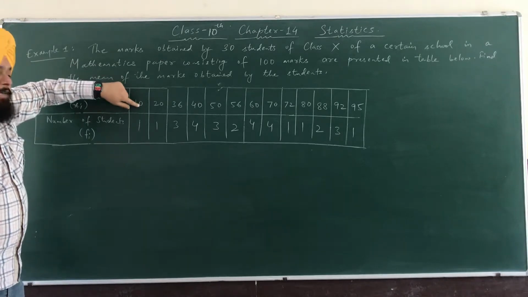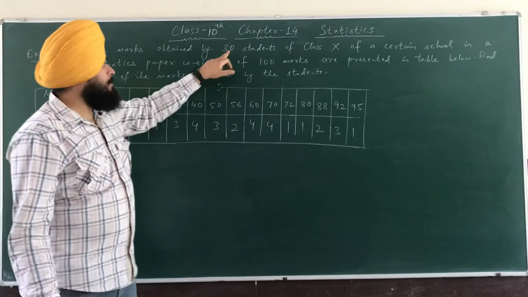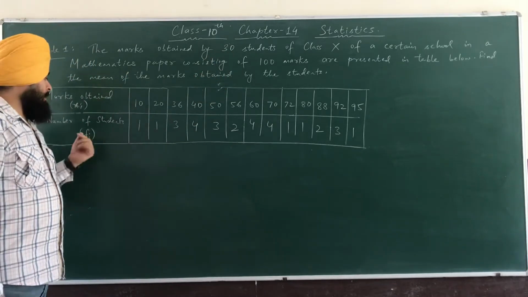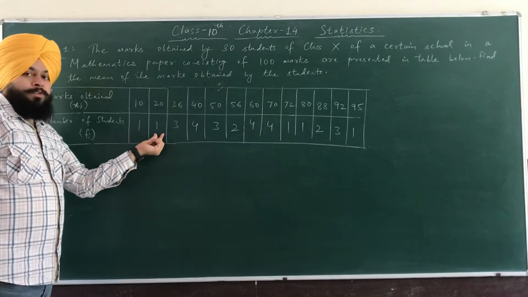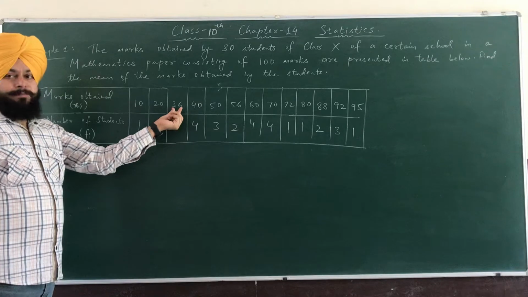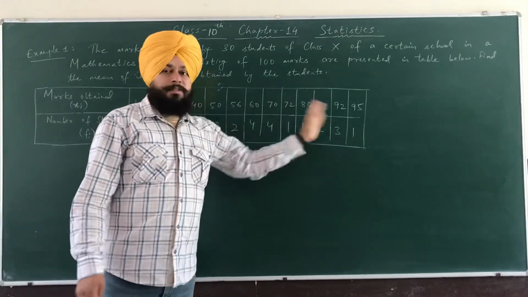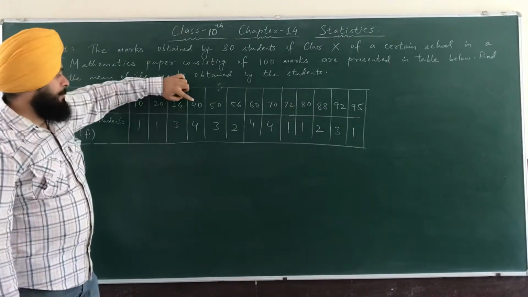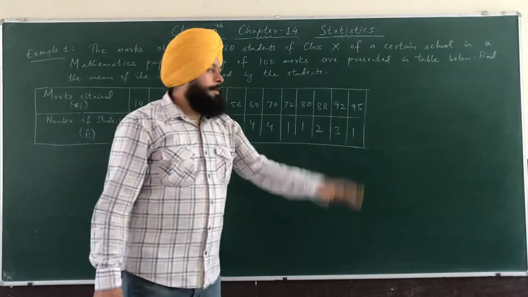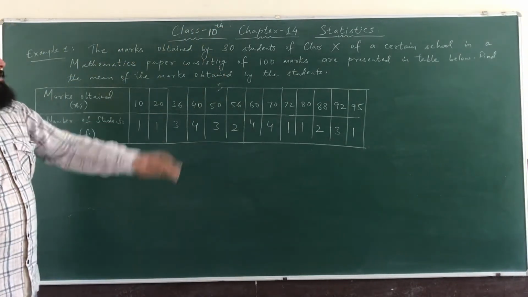जिन बच्चों के 10 मार्क्स आए हैं वो एक ही स्टूडेंट है आउट ऑफ 30. मतलब 30 स्टूडेंट्स में से एक बच्चे के सिर्फ 10 मार्क्स आए. क्लियर? नेक्स्ट, one student got how many marks? 20 marks. Next, 3 students got 36 marks. ठीक है. इन द सेम वे हमें टोटल स्टूडेंट्स और उनके मार्क्स गिवन है. ठीक है. जैसे 40 मार्क्स वाले 4 स्टूडेंट्स हैं, 50 मार्क्स के 3 स्टूडेंट हैं, 56 के 2. क्लियर? So we have to find the mean of these 30 students.